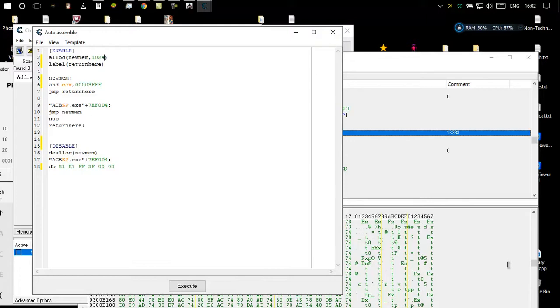So the code is that I'll go over here, jump to the new memory, that will take it to over here, and then I don't want it to be ANDed. Let's start by taking two F's. We'll take two F's. So if I take two F's, and then let us